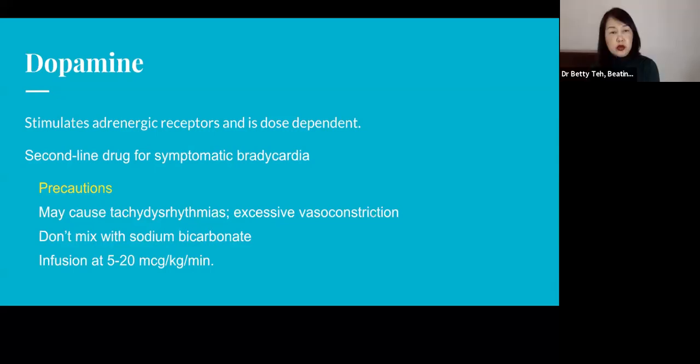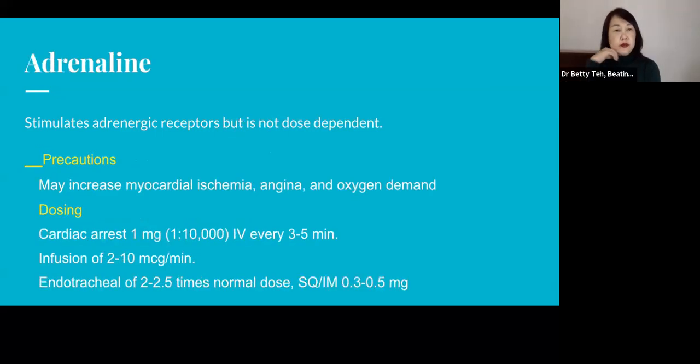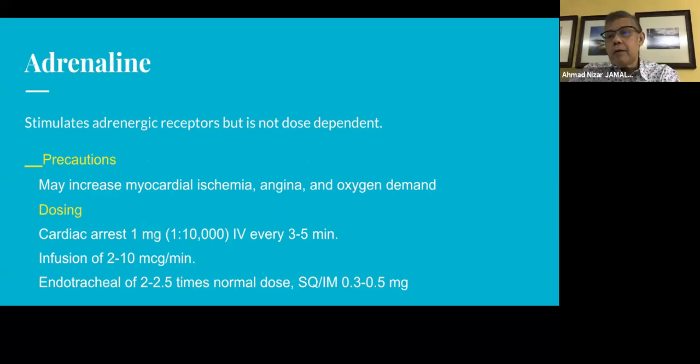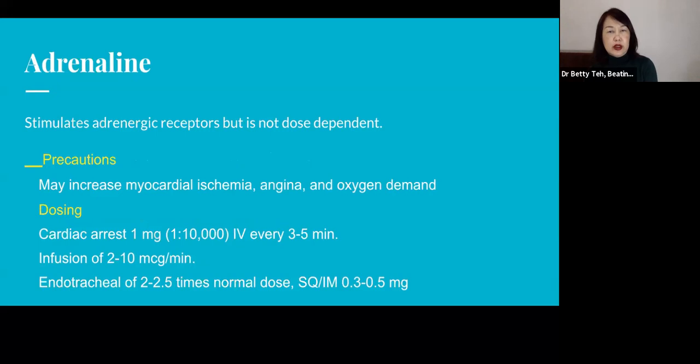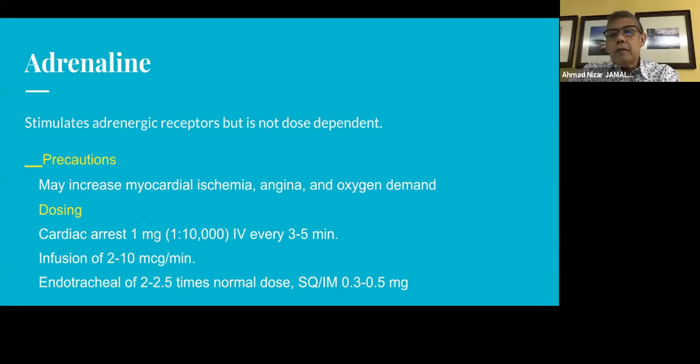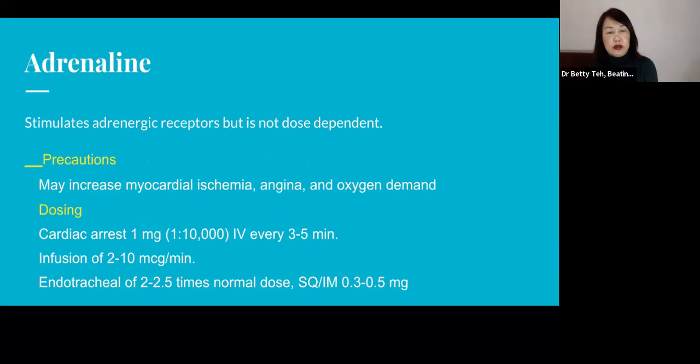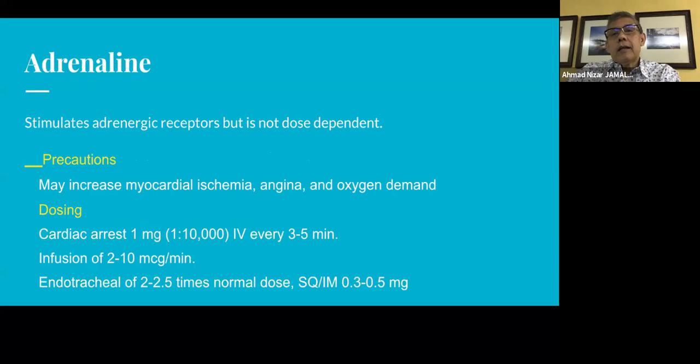The alternative, which is next slide. I've never used dopamine to increase heart rate, for tachycardia actually. Because it's easily available. Yes, it's very easily available. Yes. Adrenaline or